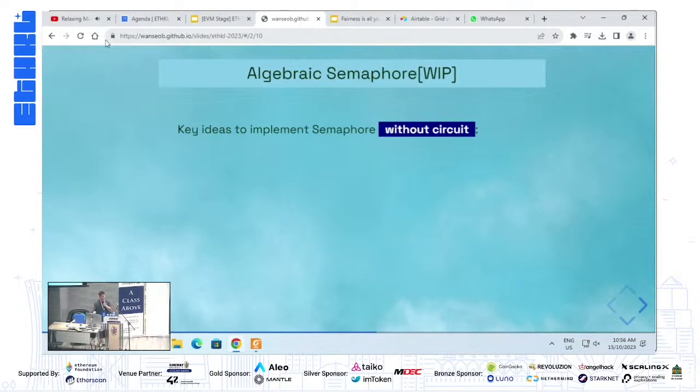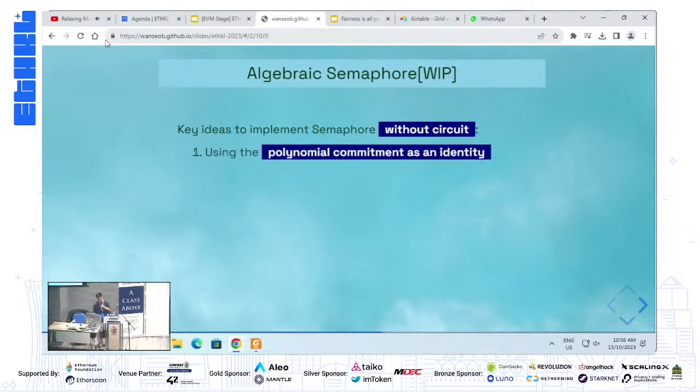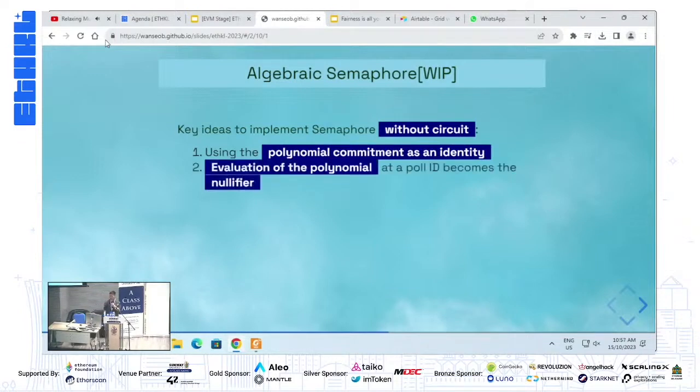And the key idea to implement Semaphore without a circuit is using a polynomial identity, a polynomial commitment as an identity, and making the evaluation of the polynomial at a poll ID become the nullifier for that poll, because you already committed